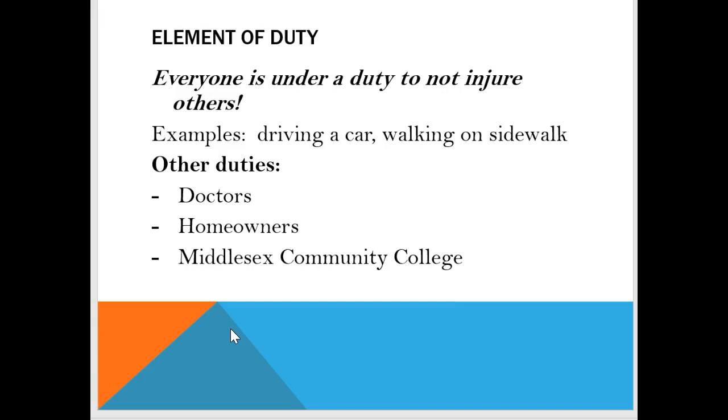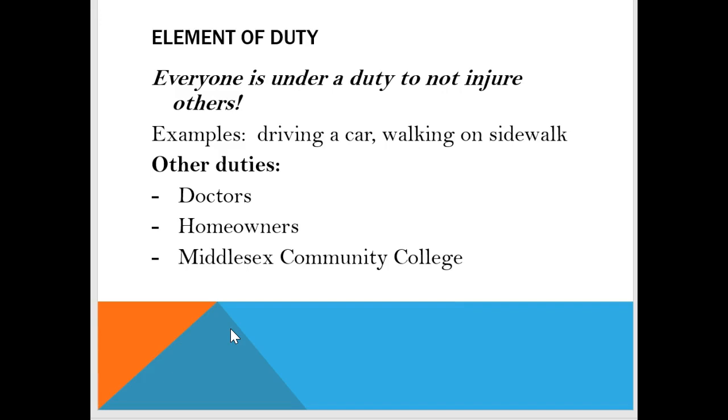And safe driving means follow the rules of the road, keep your ears open, keep your eyes open, keep your eyes on the road. Don't drive and look down at something on your lap. If something falls down by your feet and you suddenly quickly look down to pick it up and cause an accident, that's not adhering to your duty of care. So everybody has these duties as we go about our daily lives.